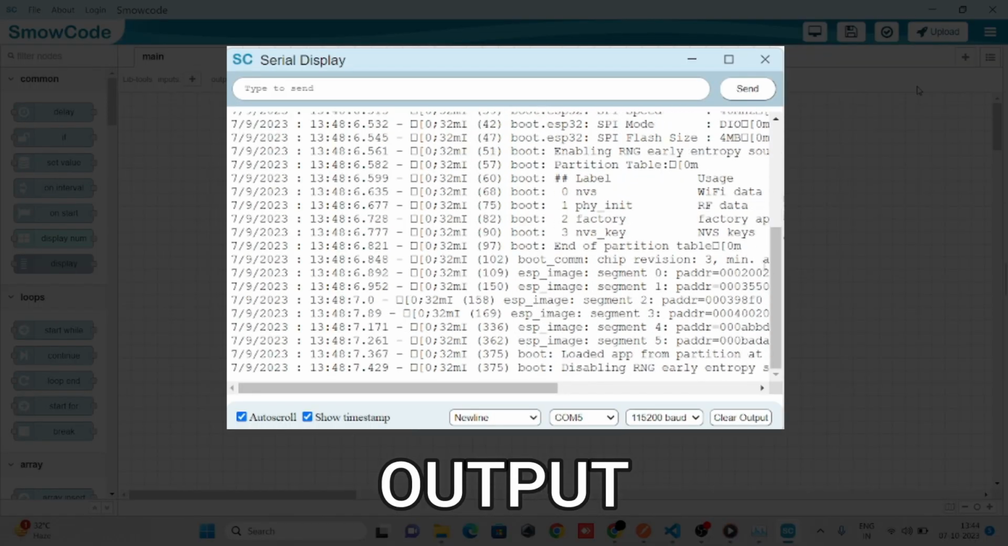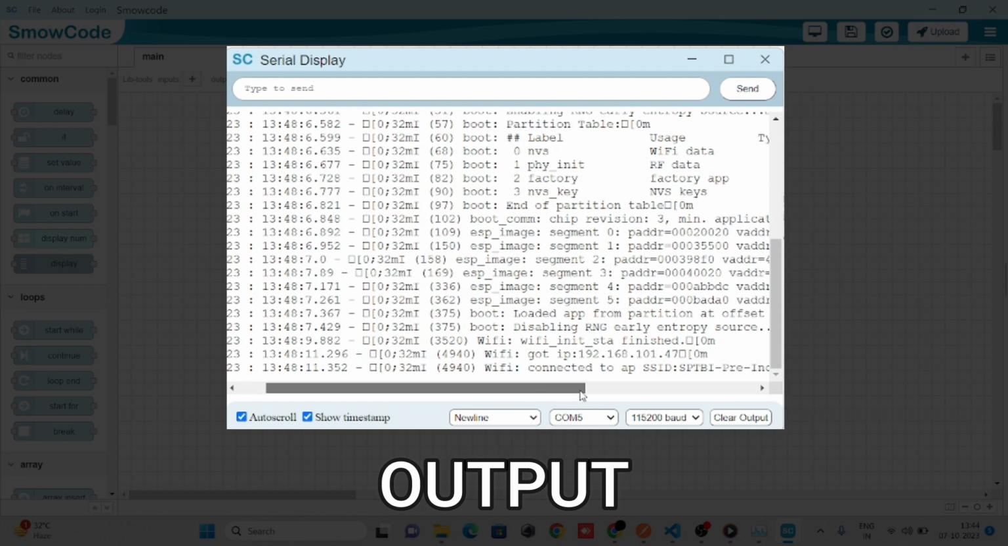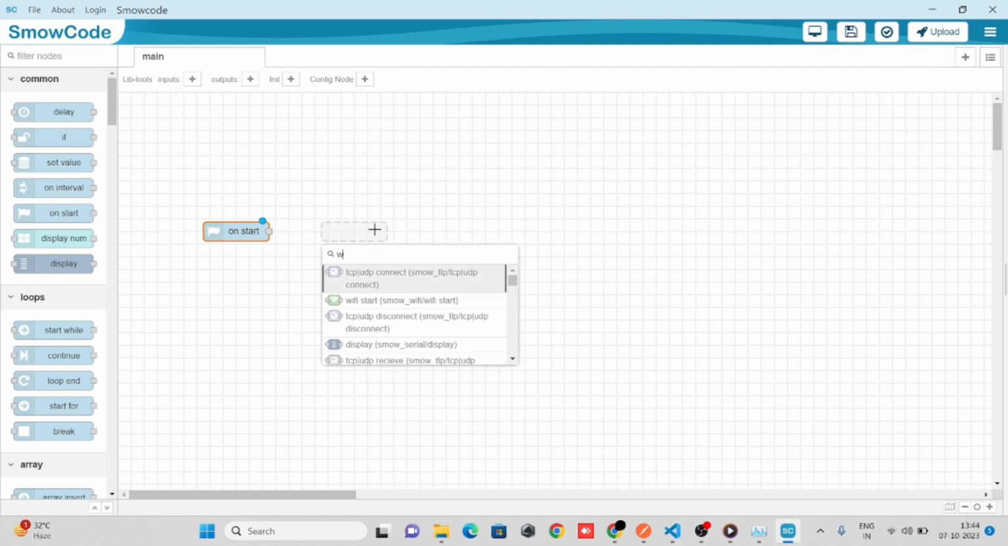Hello guys, in this video we'll study how to connect ESP32 microcontroller with a TCP server. So let's get started. First we'll take an on start event node, connect with Wi-Fi start node,